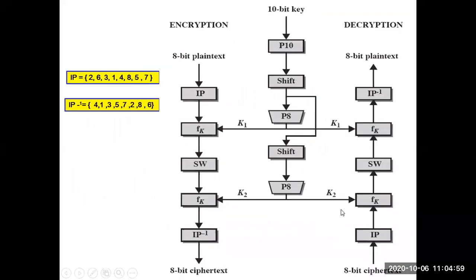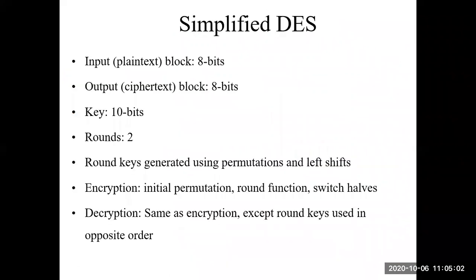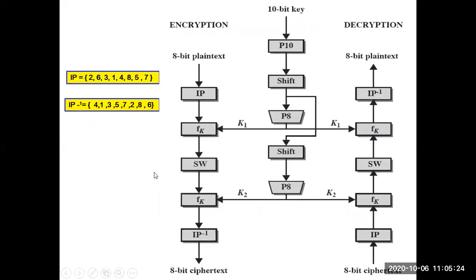Okay, we spoke about simplified DES and we said this understanding is important for understanding the actual DES. Here we work with reduced plain text and key sizes and a reduced number of rounds. We work with a key of 10 bits, plain text of 8, ciphertext will surely be 8, and 2 rounds. I showed you the procedure: initial permutation, functions, swapping, second round function.